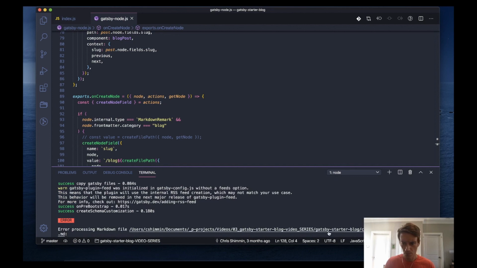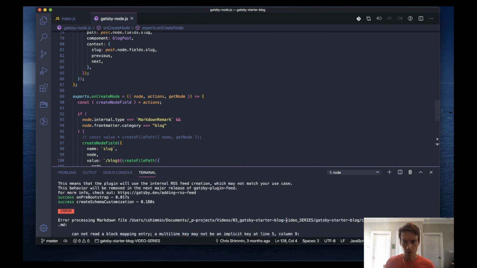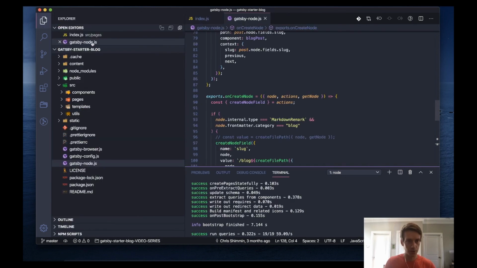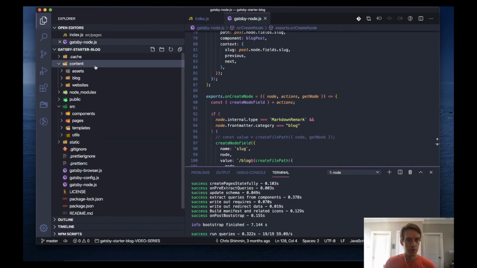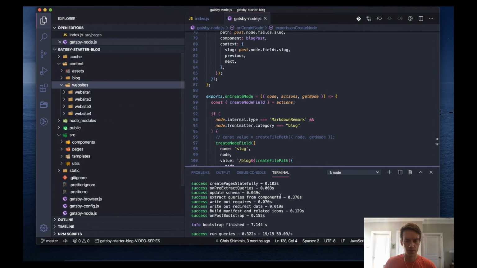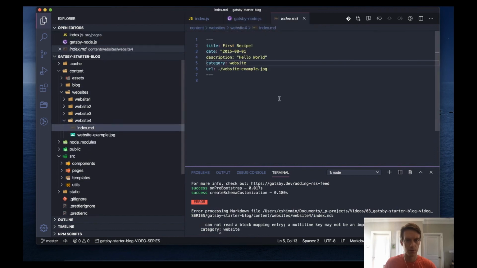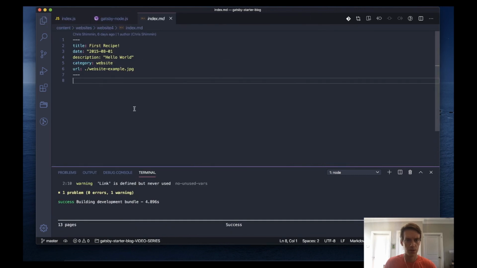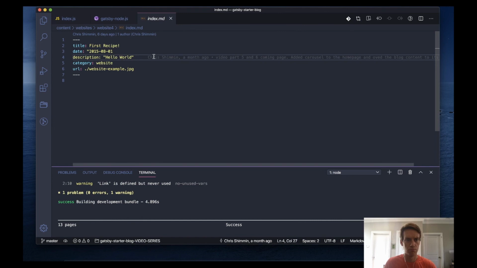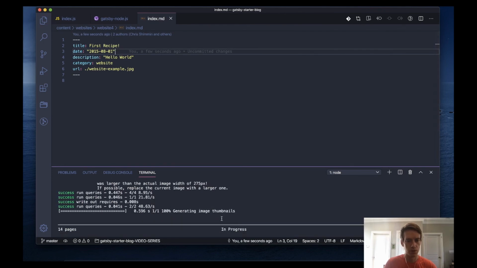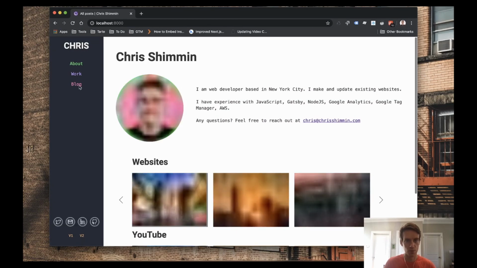But if you want to continue watching, let's figure out this bug here that I saw on the build. So we have content, websites, website 4 index.md. So it looks like one of the blog posts. Is it website? Yeah, website 4. What's going on? Oh, gotta end the quotes. Bug fixed. Okay, that makes sense as to why I wasn't seeing